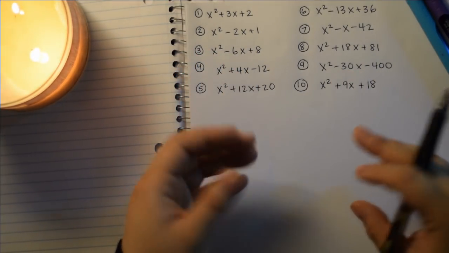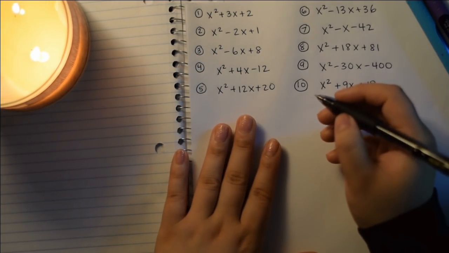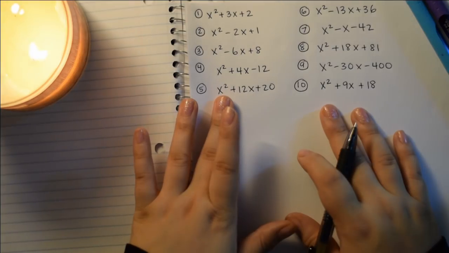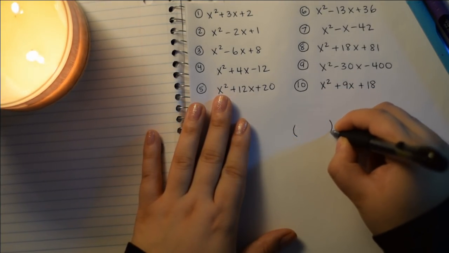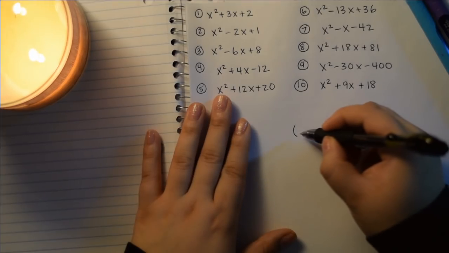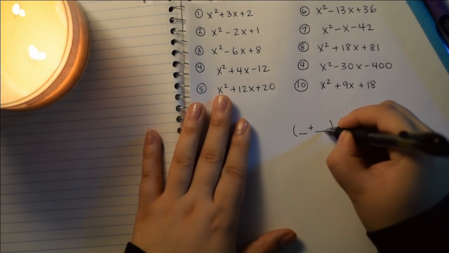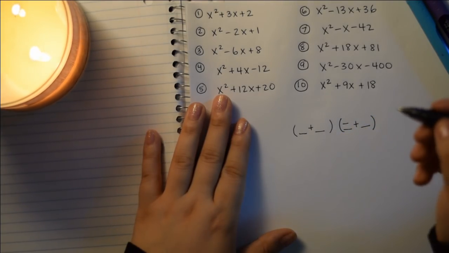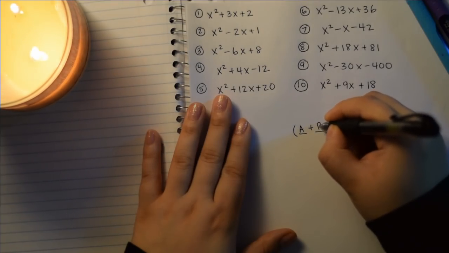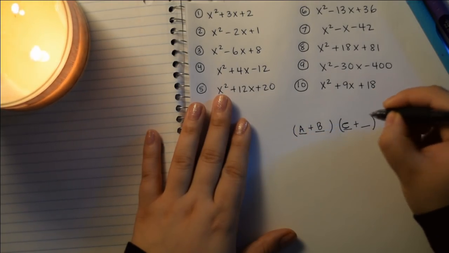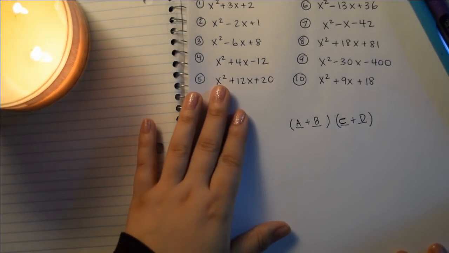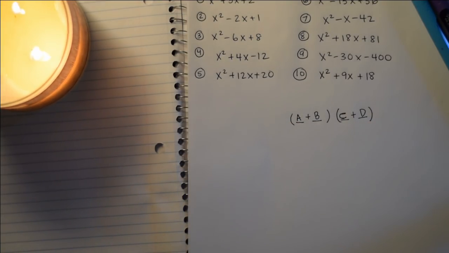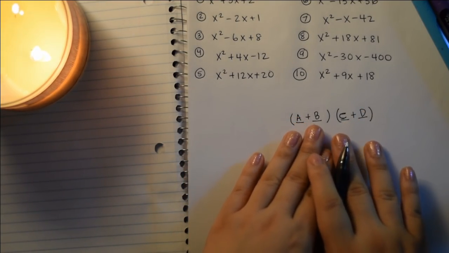If you're learning factoring, you probably already know the FOIL method, but for us here, because we know that we have an x squared, usually we have 4 terms. So something plus something times something plus something. And so that'll be like an A plus B times a C plus D, like that. So we have 2 terms multiplied by 2 terms, okay? And so when you multiply this out,